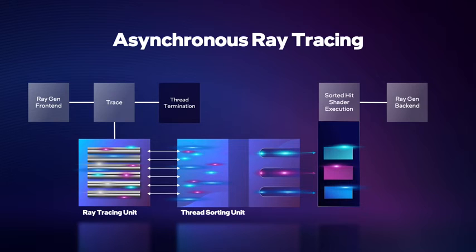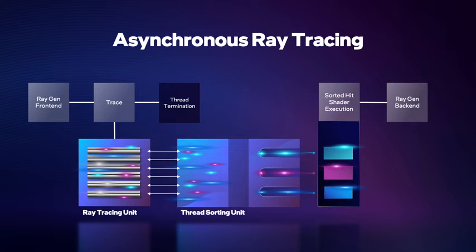Asynchronous ray tracing. On the front end, we have ray generation, where you're creating the structure of how many rays you have. It's got the origin, the direction, a bunch of metadata, and that's your work set. Then that gets issued and run on our ray tracing unit. The ray tracing unit does all that BVH traversal, finds hits, eventually gets down to leaves for all of the rays,